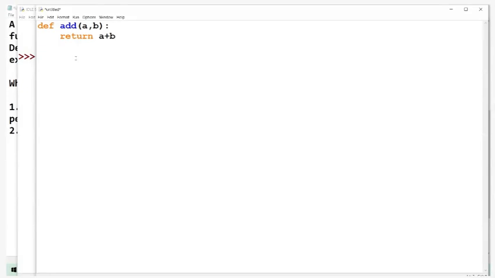Now this is my function. By default, every function you write in Python is generic. Generic function means this allows